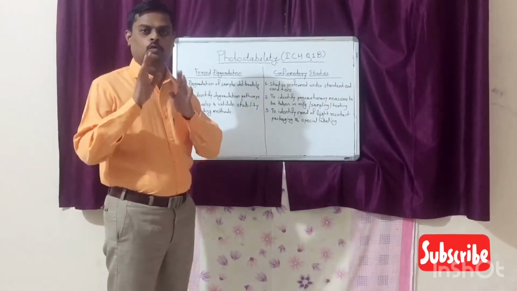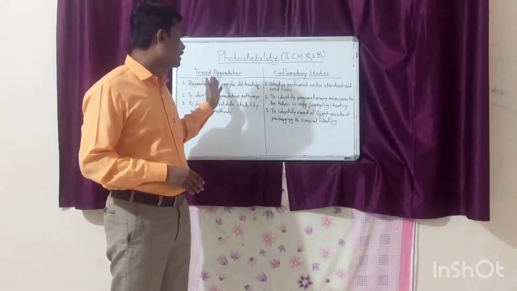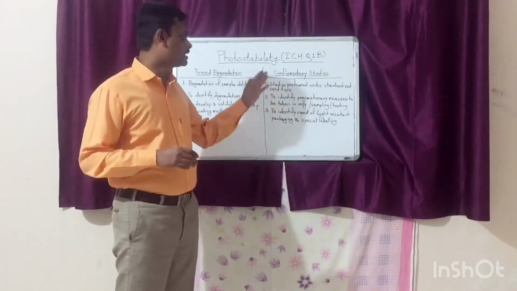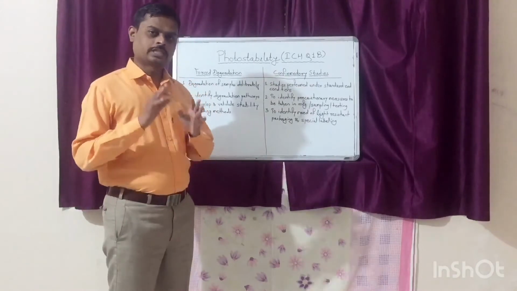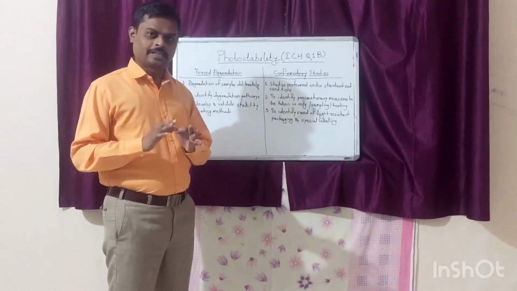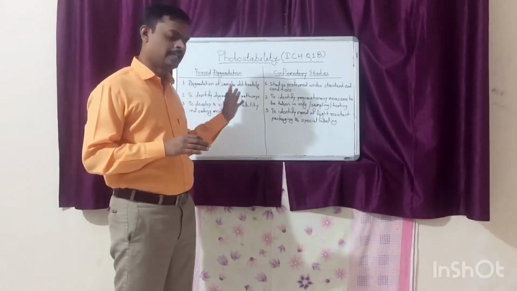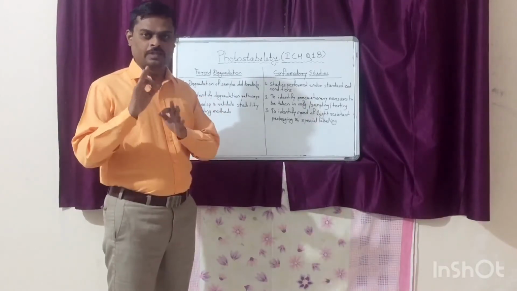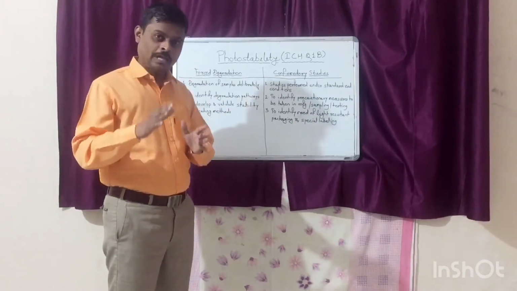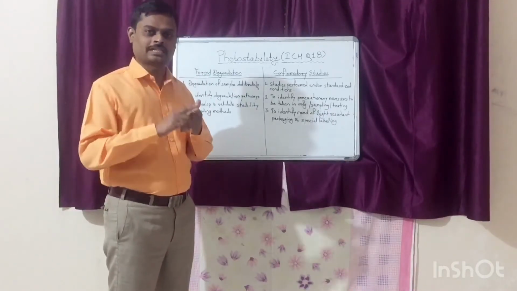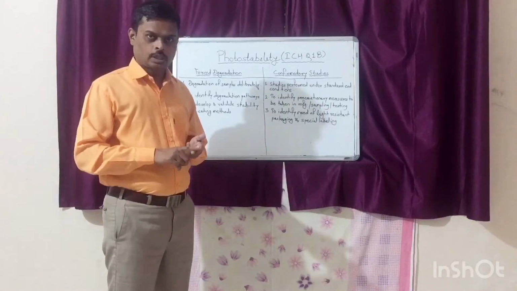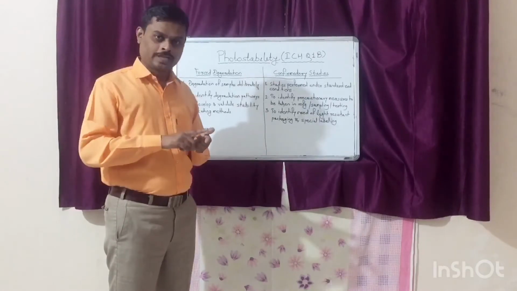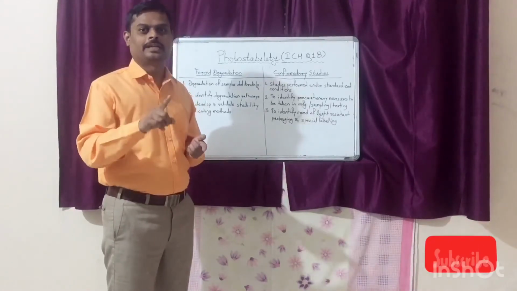There are two different types of photostability studies. First is forced degradation study, which is also known as stress testing, and second is confirmatory studies. Forced degradation studies are those undertaken to degrade the sample deliberately. The forced degradation studies are generally performed during the development phase to evaluate the overall photosensitivity of the drug substance or drug product, to identify the different degradation pathways, and to develop and validate the stability indicating methods.